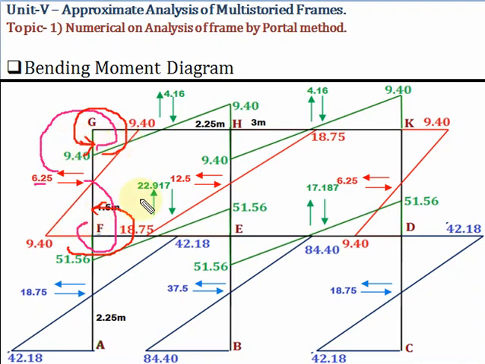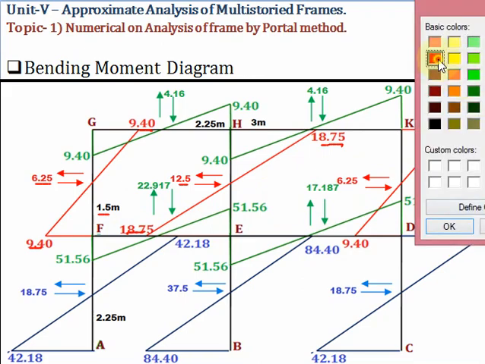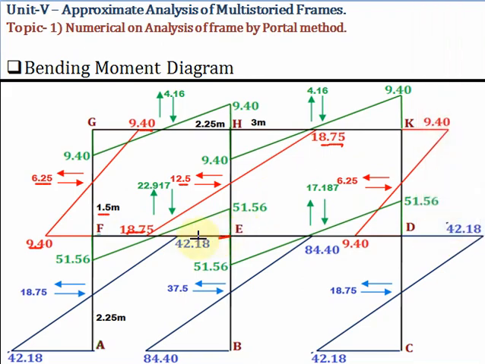Okay, bending moment. And here what is the force now? 6.25. And what is the distance here? 1.5. So 6.25 into 1.5, you are getting the value 9.4. Here also 9.4. Okay. Now here, what is the force? 12.5. What is distance? 1.5. So 12.5 into 1.5, you are getting value what? 18.75. Okay. Again join this by a straight line, like this you have to join by a straight line.